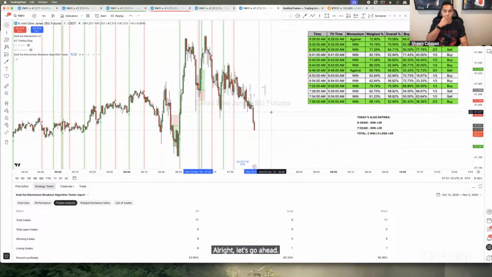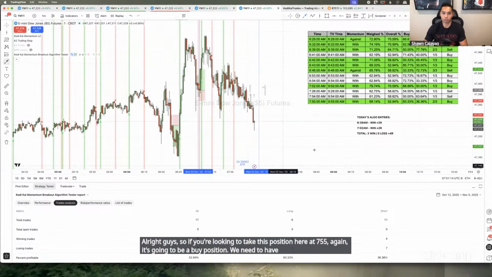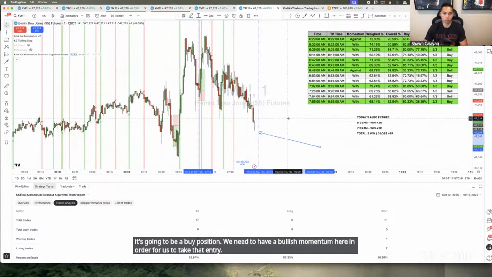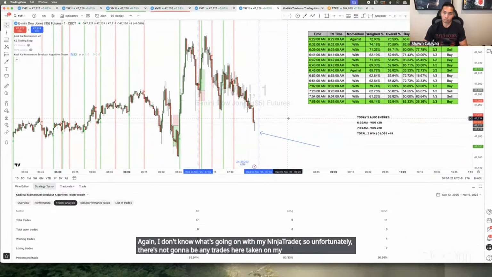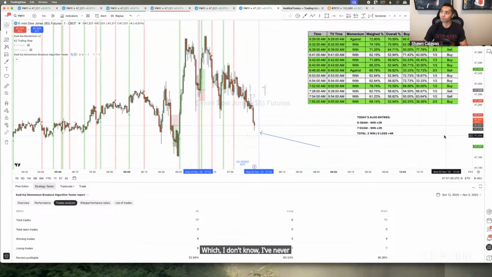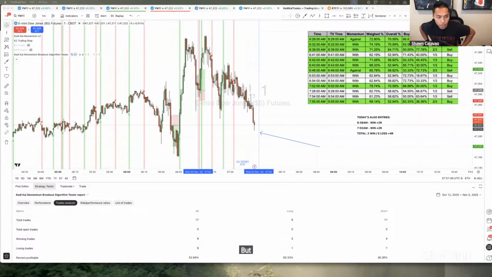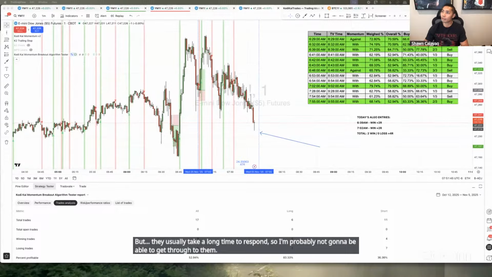All right, guys. So if you're looking to take this position here at 755, again, it's going to be a buy position. We need to have a bullish momentum here in order for us to take that entry. Again, I don't know what's going on with my NinjaTrader, so unfortunately, there's not going to be any trades taken on my personal account or the hedge clients. For some reason, I'm just having an issue connecting to the remote server, which I've never had before. I just emailed NinjaTrader's compliance in their main account to see what's up, but they usually take a long time to respond, so I'm probably not going to be able to get through to them as of now,